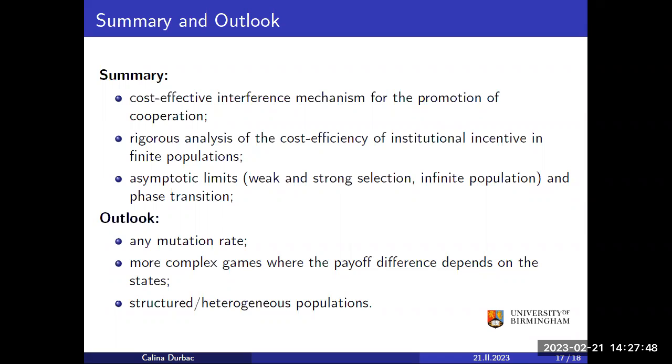In the beginning, I did mention that we've assumed a small mutation rate, so it'd be great to see what happens at any mutation rate. Spoiler alert, probably the math would be harder. Also, looking at a more complex game in which the difference in payoff between cooperators and defectors would depend on the state of the Markov chain would be really nice to look at. Again, spoilers, that would mess up the nice two-diagonal shape, which allowed us to calculate the cost function